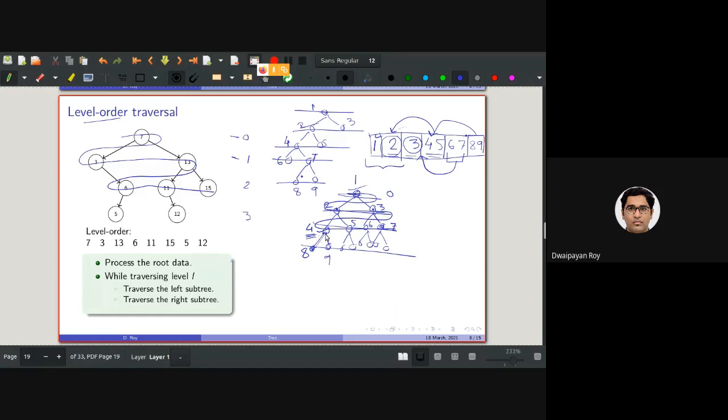So 4 and 5 are traversed first, before 6 and 7, because the parent of 4 and 5 is 2, and 2 is traversed before 3. That's why 6 and 7 are processed later, and 4 and 5 are processed before 6 and 7. So that's why we need to keep one queue. Is it clear now?